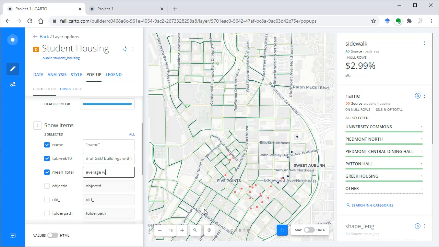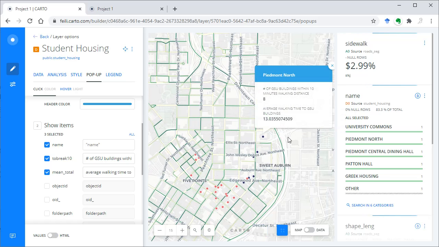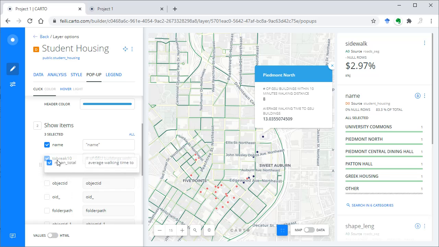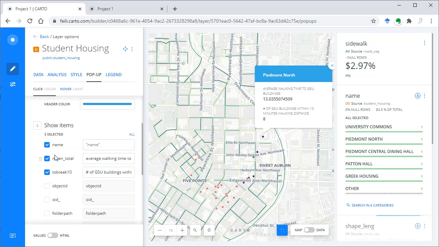This is the average walking time to all GSU buildings. Alright, now you can just see from here, okay, your pop-up has updated and it looks a lot less confusing. I can also drag these fields to reorder them in the pop-up. Right, now you see this is showing first